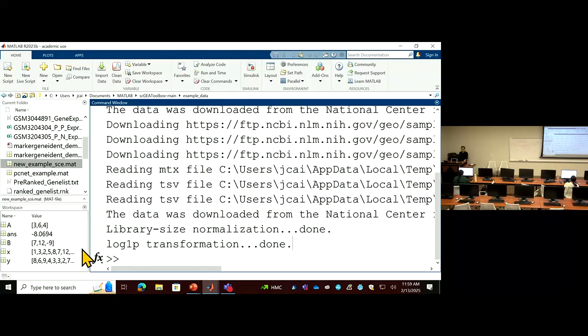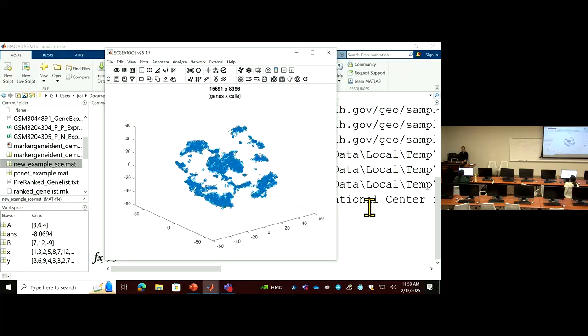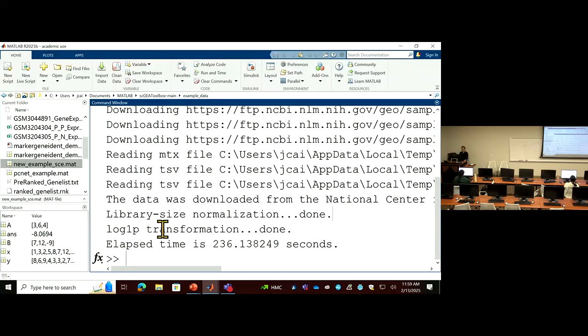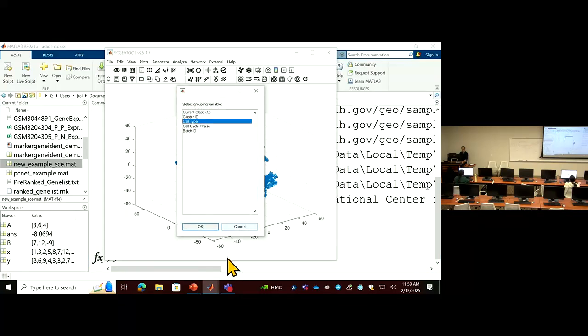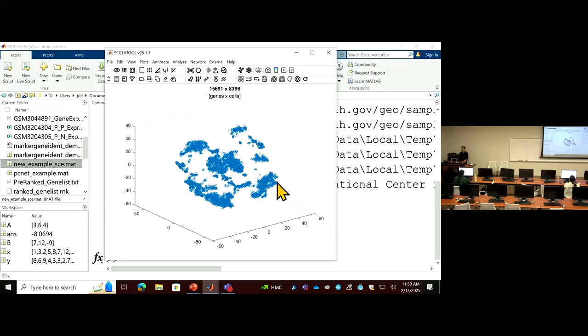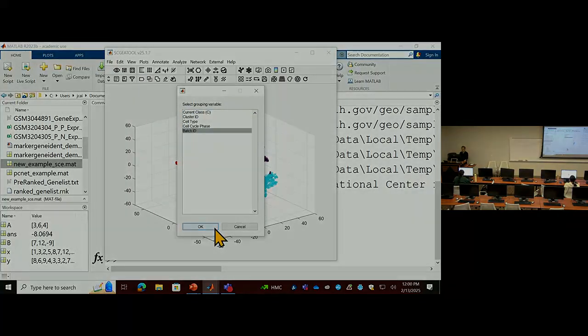If you look at this feedback message, basically this is the procedure running under the interface. We do have to download and process those data files separately, the two samples. Then the library size normalization, you know how to do it. And then log transformation has been done. So this is annotated cells, with different cell types from the samples, and then you can label the cells with a batch ID. We have 2